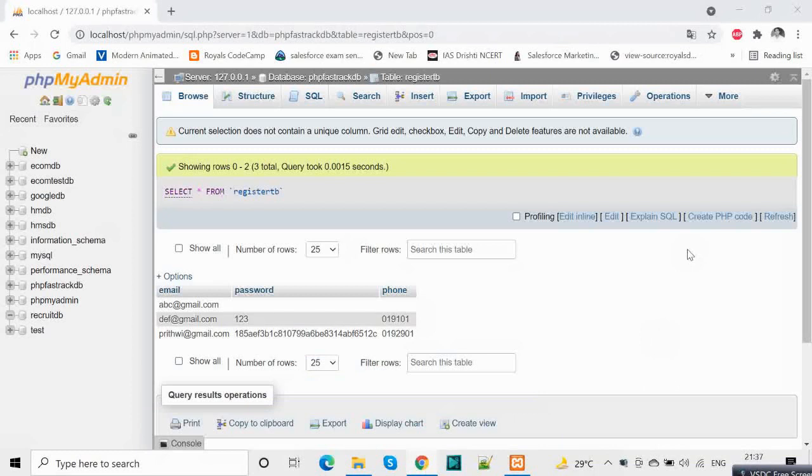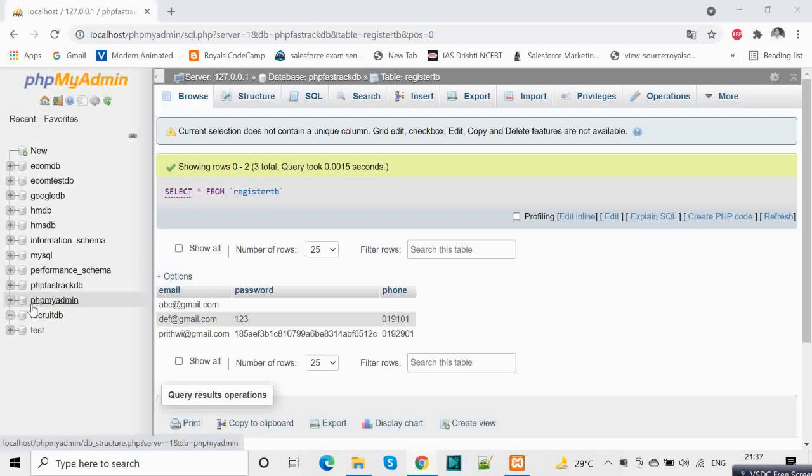Hello everyone. In this video we will be seeing how we can use triggers inside phpMyAdmin. Let's say you want to log something as soon as someone inserts a value or updates a record inside the database. You want to log something immediately. In that case, we have something called triggers inside phpMyAdmin which you can use.